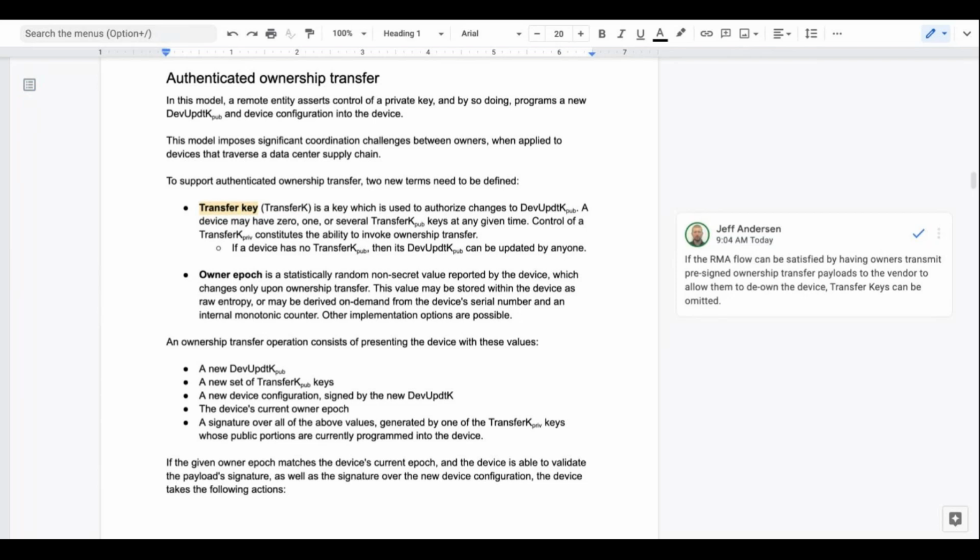So your question is whether we can tolerate any of these keys being fixed for the lifetime of the device? Yeah. Let's say you have a number of transfer keys, and every time you transfer, you physically give the transfer key so that if you want to transfer it to somebody else at a later point, you can use them.